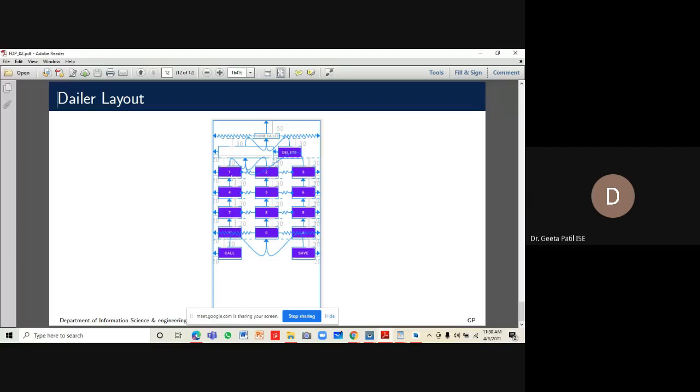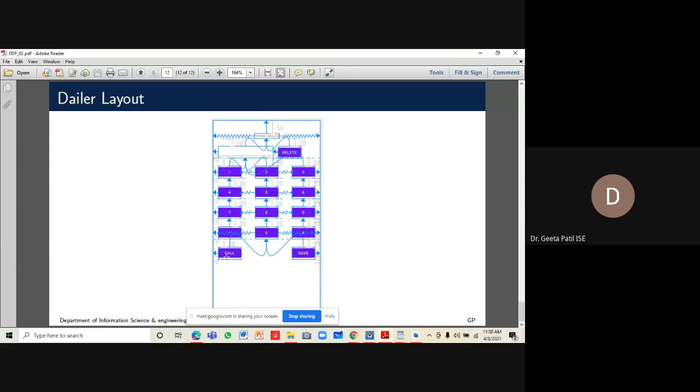So we have buttons to do it. We have buttons for the numbers 1, 2, 3, 4, 5, 6, 7, 8, 9 and 0. Apart from this, we have star and hash buttons. Then there is a delete button. There is this text view where we store the clicked numbers, and if we want to delete anything, that is done by using the delete button.